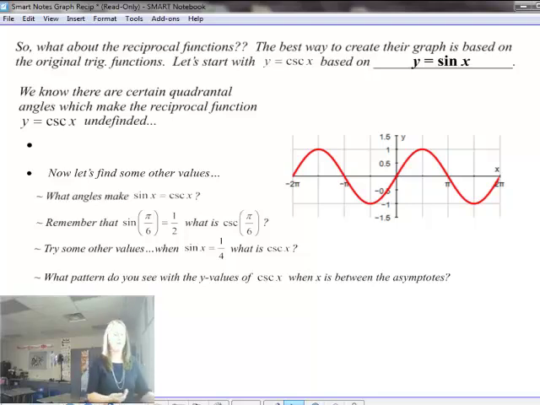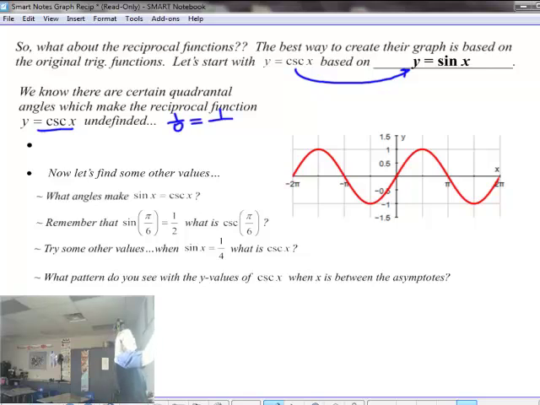Okay? So the first one we're going to deal with is cosecant. Start off knowing that cosecant is simply the reciprocal of the sine curve. So notice we've drawn a sine curve for you. Okay? All right, so how do we make the reciprocal functions? Well, back to that idea that tangent was undefined when the cosine was undefined. If cosecant is the reciprocal of sine, then it's undefined wherever sine is 0, because that makes you divide by 0. Okay? It's undefined wherever I go 1 over 0, which means wherever I go 1 over sine of x,